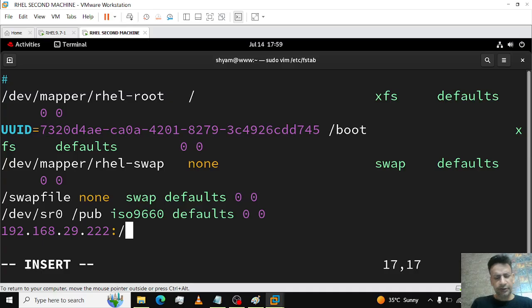My exported share is /var/nfs, right? So that is my share folder on the NFS server. Where do you need to mount it? I need to mount it on /mnt/nfs, right? And after that, you have to specify the file system, and that is nfs. And after that, defaults,